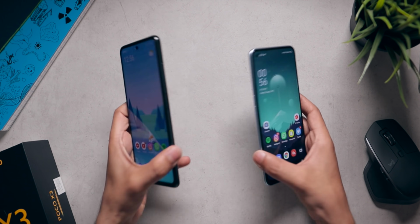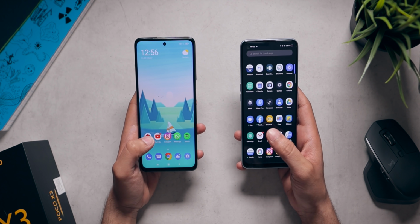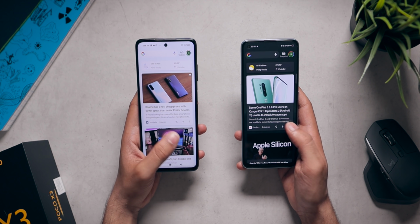Ever since Poco announced the Poco X3 in India, I've wanted to compare it to the Realme 7 Pro. Realme 7 Pro is going to be the biggest competitor to Poco X3, and that's exactly why I want to find out which phone is better for you. So that's what we're doing today. We are going to compare the Poco X3 with Realme 7 Pro, and let's find out which one you should